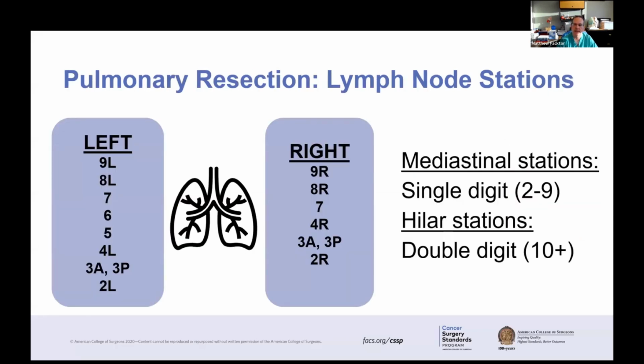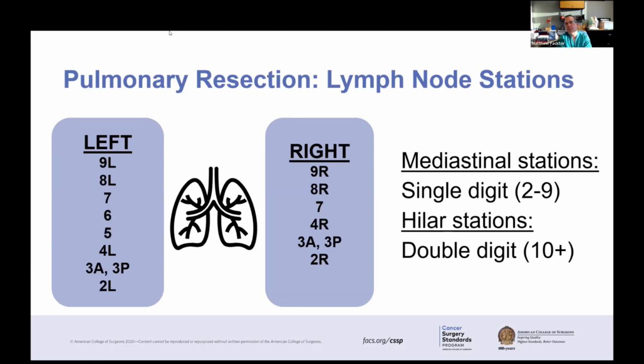To get more specific, and just as a reminder, this diagram may not be anatomically correct with the left on the left side of the screen and the right on the right side of the screen, but on left-sided resections, mediastinal lymph nodes, of course, include from 2 all the way up to 9. We all know that 2 and 4 and even the 3s are somewhat rarely found on the left-hand side, but they still would count if you encountered them, 4L being the most common of that group. And then, of course, 5, 6, 7, 8L, and 9L, all very common lymph node stations on the left-hand side